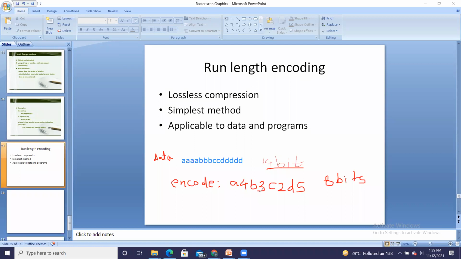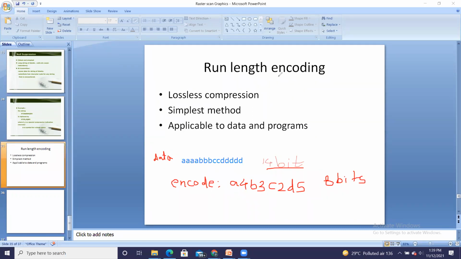Getting it? So now what can be the drawback of this method? What can be the drawback? If we have groups of redundant elements, then run length encoding is applicable.